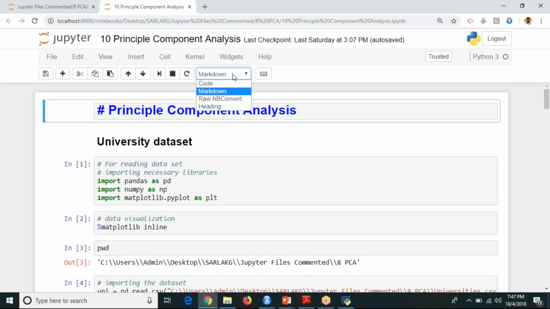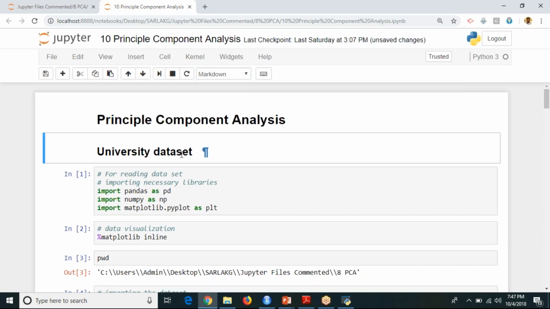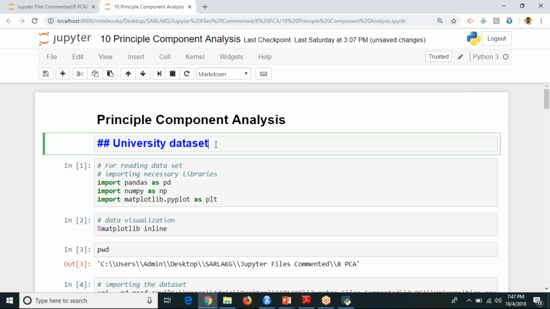Here it is markdown, not your coding part. It should be markdown if you want to do the documentation part. I'm going to execute, and here I'll just change it. I'll not mention the university data set. I'll just put it as PCA with clustering operation, for your understanding. So I'm going to execute this.